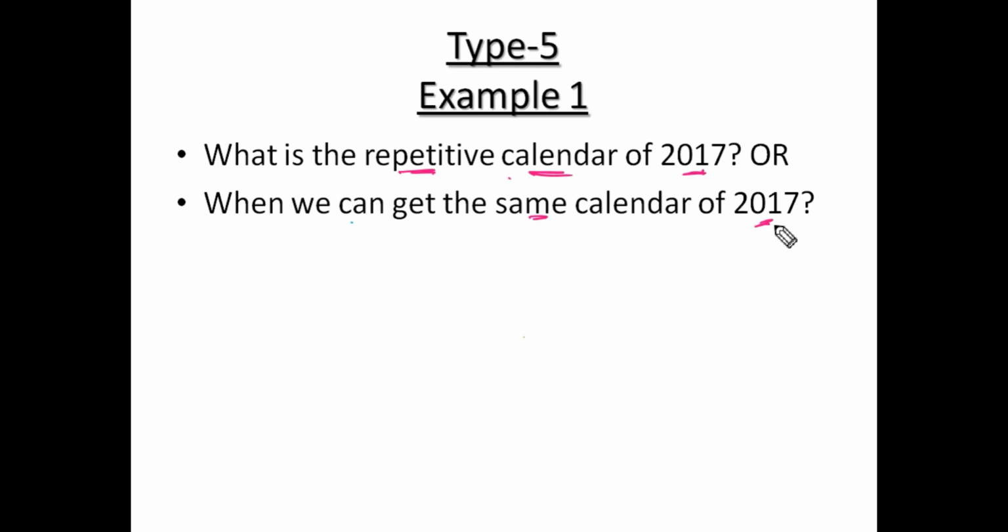Okay. How can we say the two calendars are the same or not? Just by seeing 1st January and 31st December. If these two are the same, then we can say they are the same calendars. So if 1st January is matching, then can we say it is the same calendar? No. Compulsorily we have to check this point, this one also, because when will it go wrong?